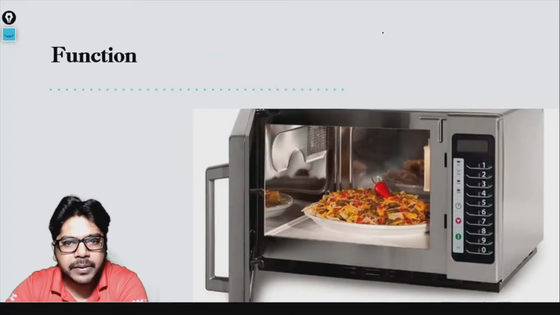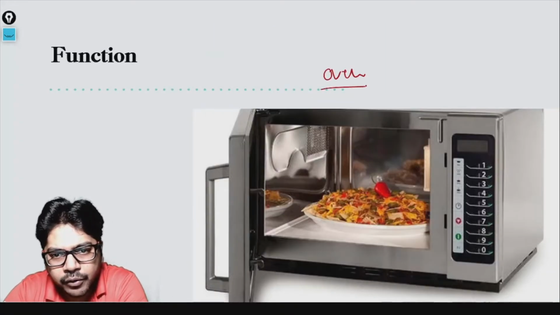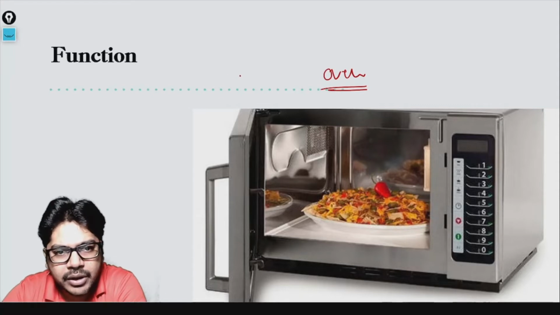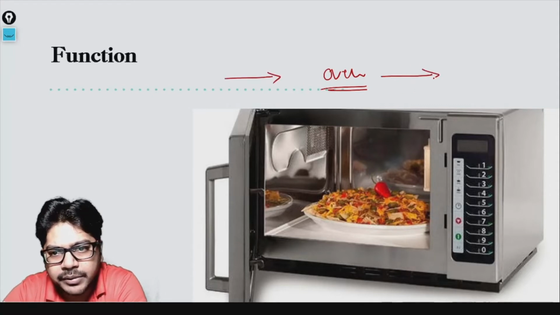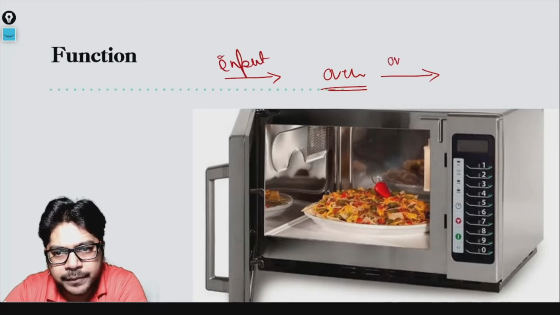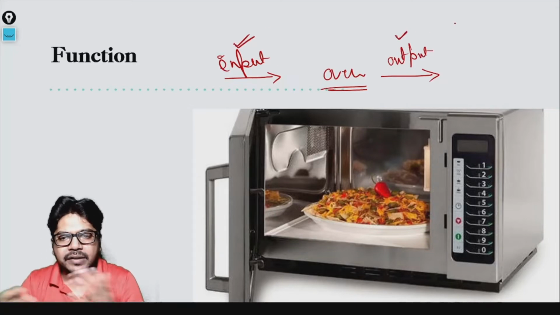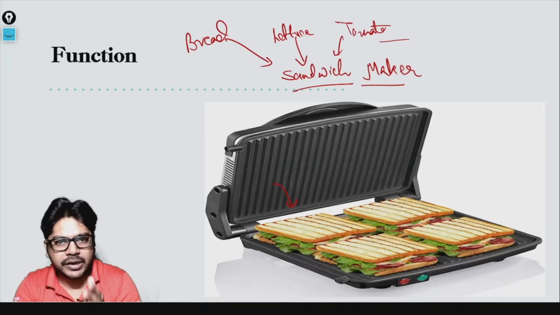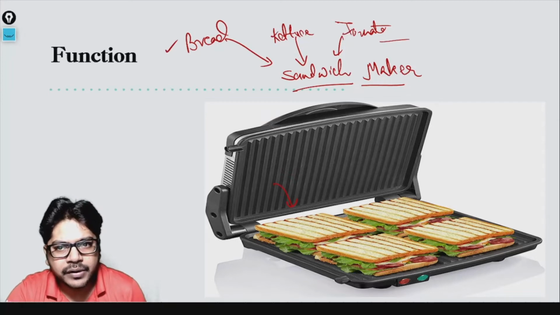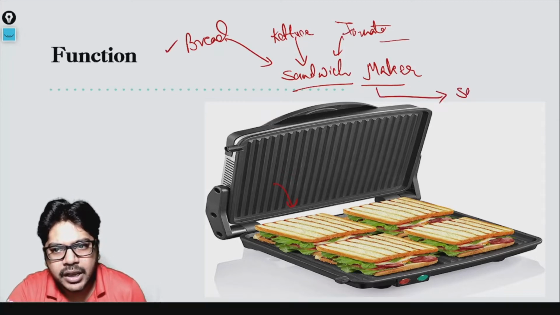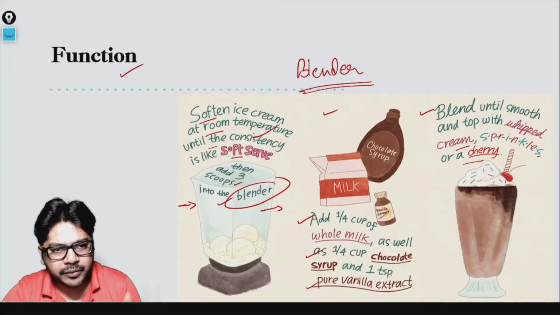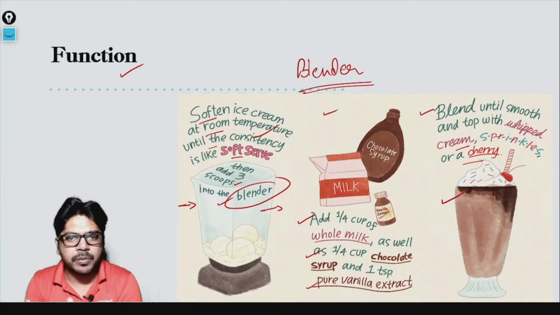Right, take another example. Here we have an oven. We all know what an oven does. It bakes things. So here you are putting something into an oven and you are getting something out from the oven. So there is an input for the oven and there is an output from the oven. Input is something which you give and output is something which the oven is giving to you. Now in all the other cases also, in a sandwich maker also, you had an input and an output. What was the input? Bread, lettuce and tomato was the input. What was the output? The output was a sandwich. If I talk about the blender, all these items were the input, and the smoothie was the output that you wanted to have.